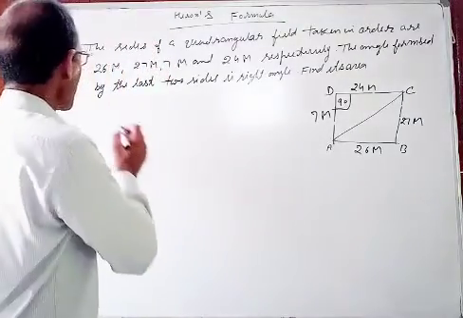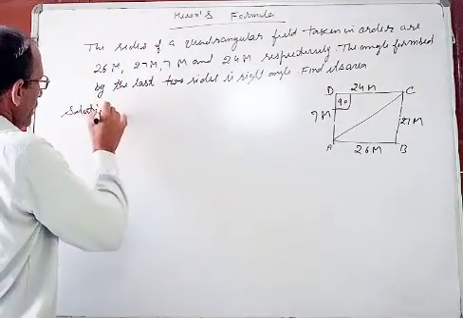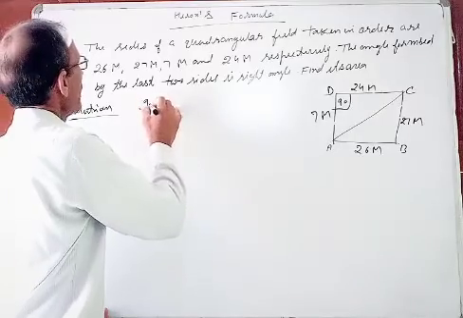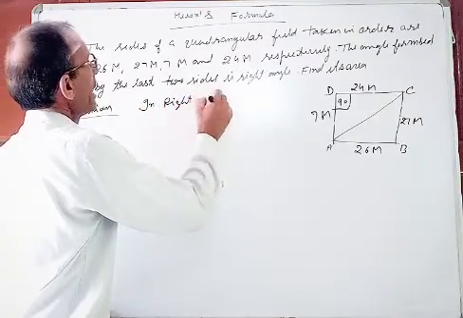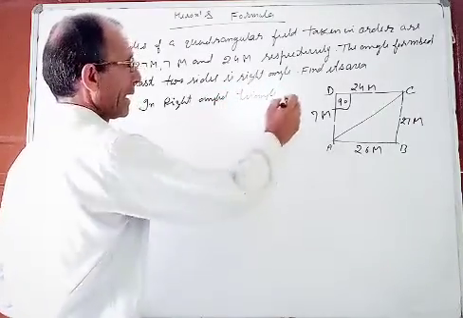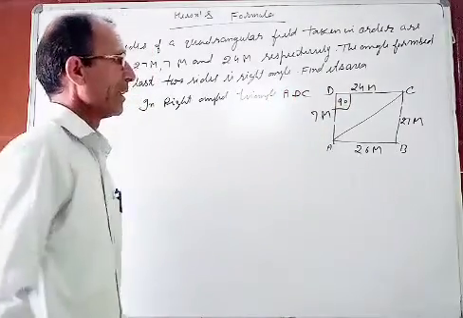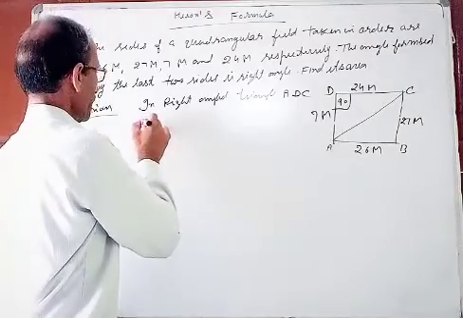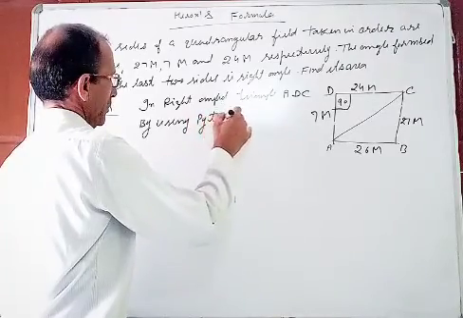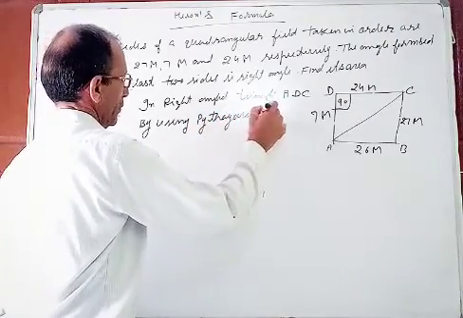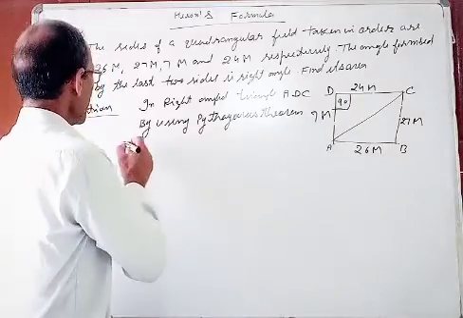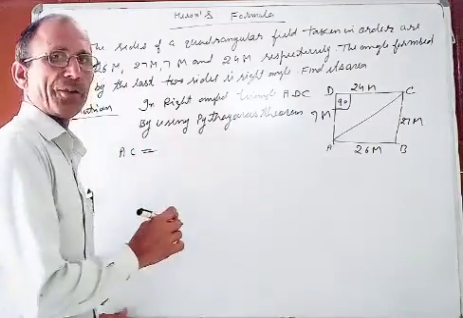So in right angle triangle ADC, by using Pythagoras theorem, find AC. AC is equal to